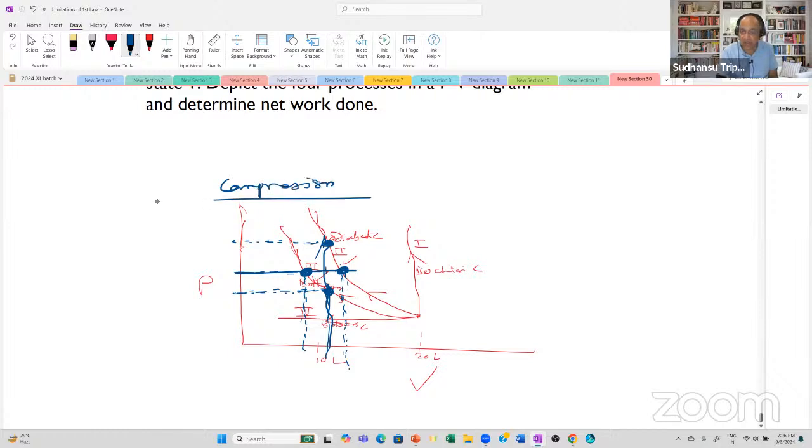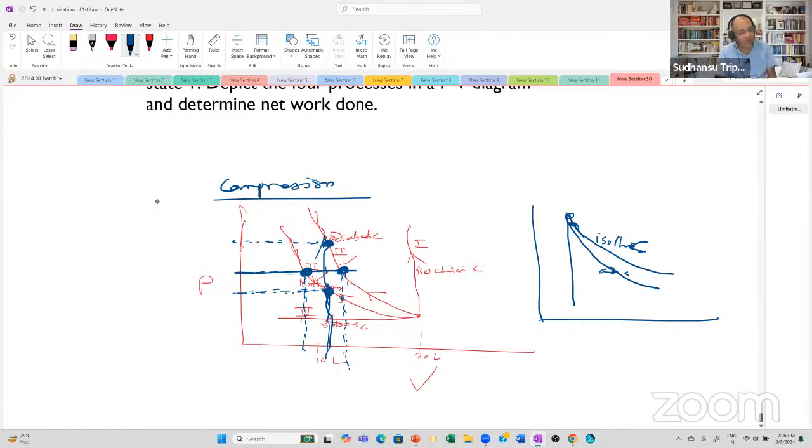But in expansion, you already know, we have discussed several times, start from a point. Here is this, the isothermal expansion, and this will be the adiabatic expansion. Of course, this is the isochoric cooling, and this is isobaric expansion. So in that case, the isobaric work done is maximum, followed by isothermal, then adiabatic, and no work done for